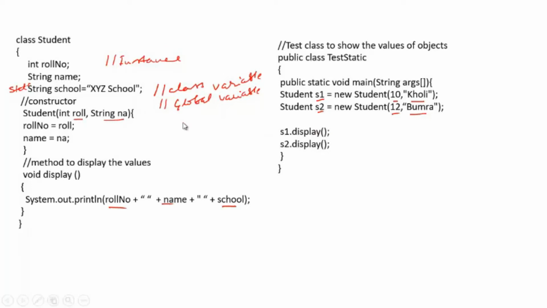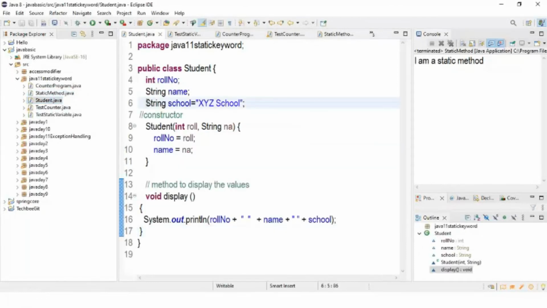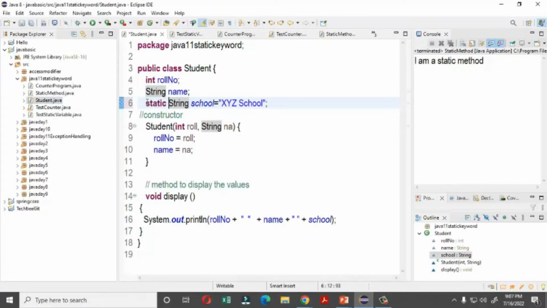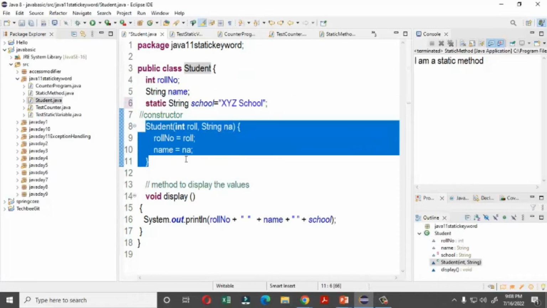Okay, let's see these examples in the Eclipse IDE. So here I have created one Student class. Actually, I'll just miss that static keyword. So here the static string is school XYZ, and then I define these methods, the display. In this Student class, there are two instance variables, and this is the static string variable, and this is the constructor I have defined. And this is one method that will print the roll number, name and school, and this method will